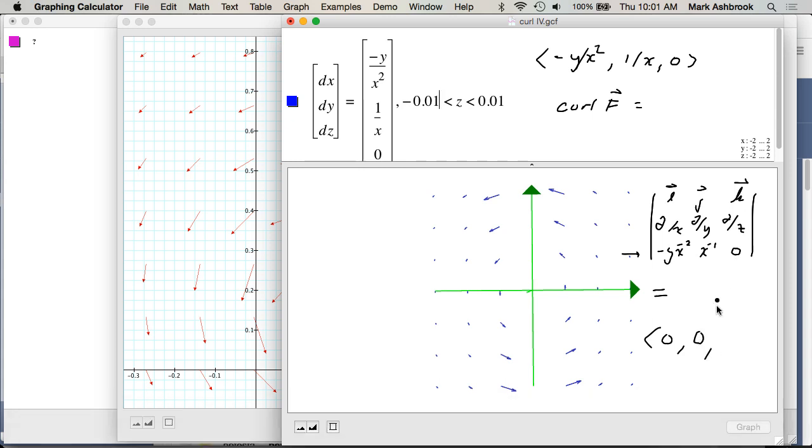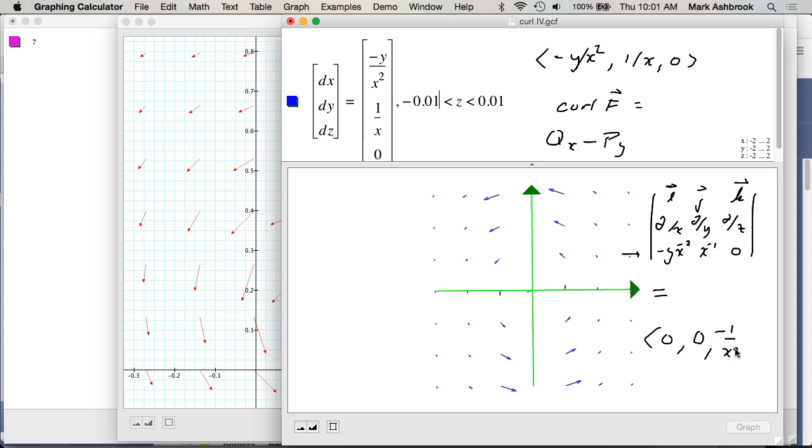Okay, last but not least. In an R2 vector field, if we're in R2, this is always going to be the case: your curl in the x and y directions is going to be 0, because we're only talking about x, y. So in the xy plane, this is really just about Q_x minus P_y, which is our last thing here. Partial of x to the minus 1 with respect to x